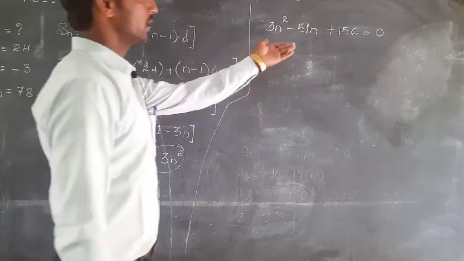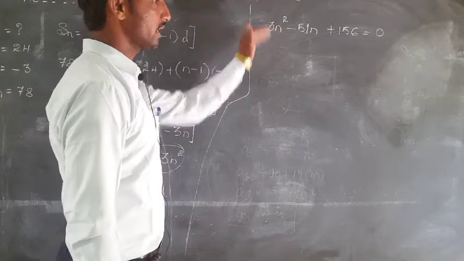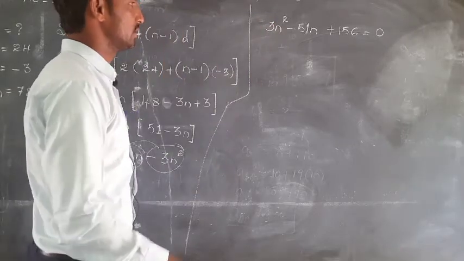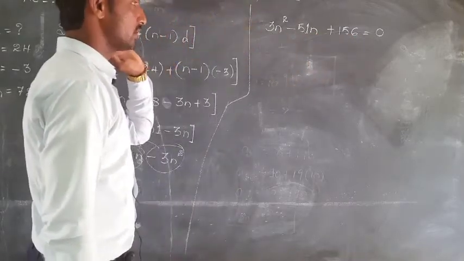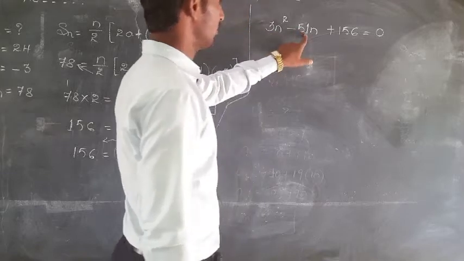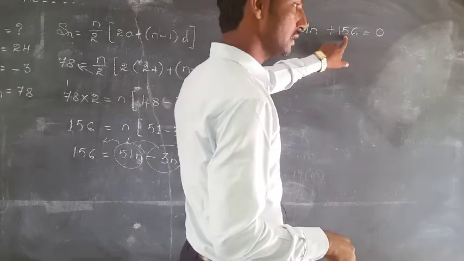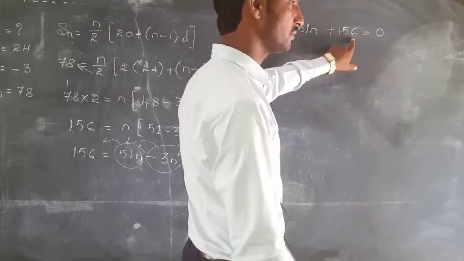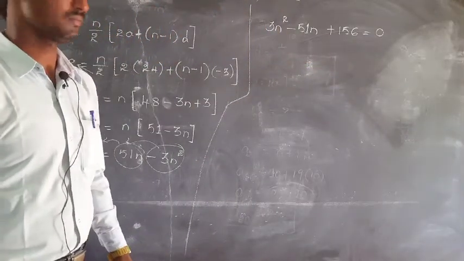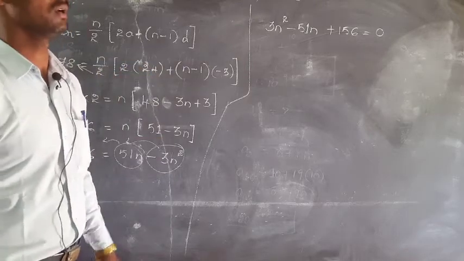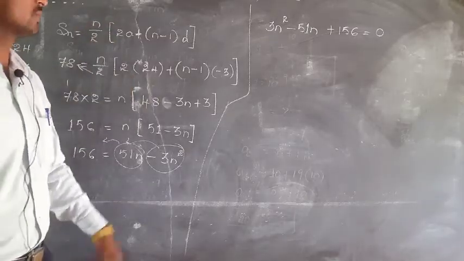Again, up to here we can use our basic knowledge, but from here onwards we have to use some of our extra knowledge. We have to check whether there is any common factor in the terms or not. See, 3 is there, 5 plus 1 it is 6, 6 is a multiple of 3, again 1 plus 5 it is 6, 6 plus 6 it is 12, again 12 is also a multiple of 3. Therefore, in our previous class 8th, first chapter, we learnt divisibility tests of 2, 3, 4, 5, 6, 7, 8, 9, 10, 11, 12, up to 12.